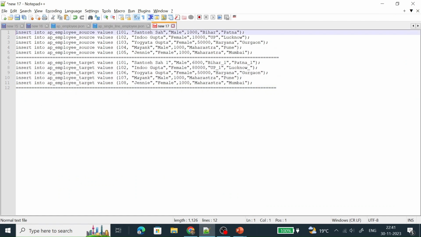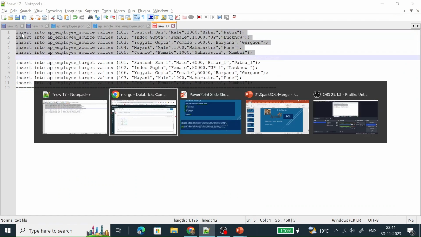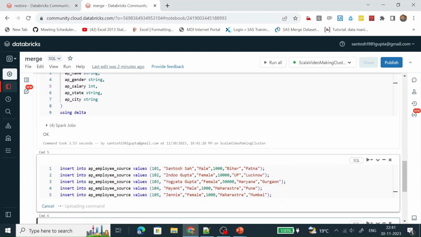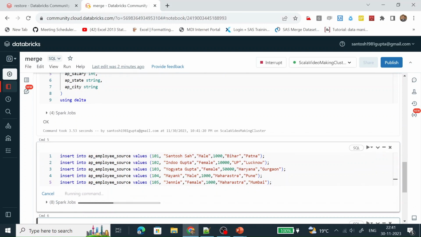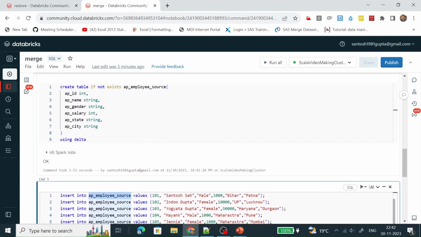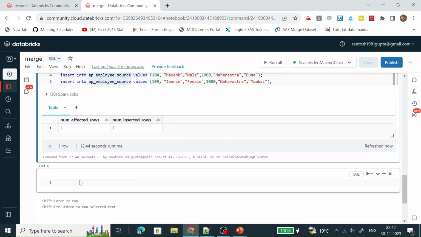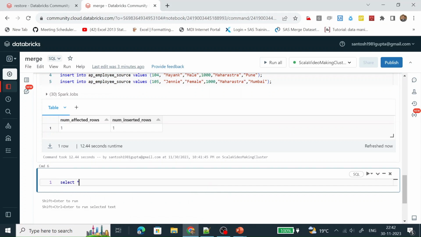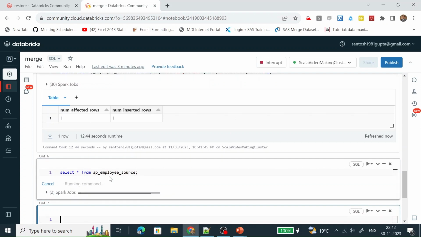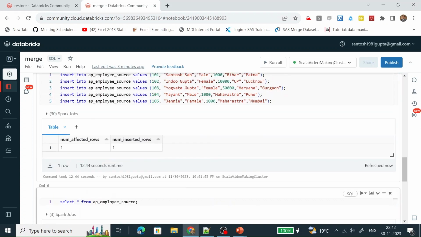Let me copy this insert statement. Okay, all the insert statements have been run successfully. Let me do a select star from it. So these are the same records which we have inserted here.